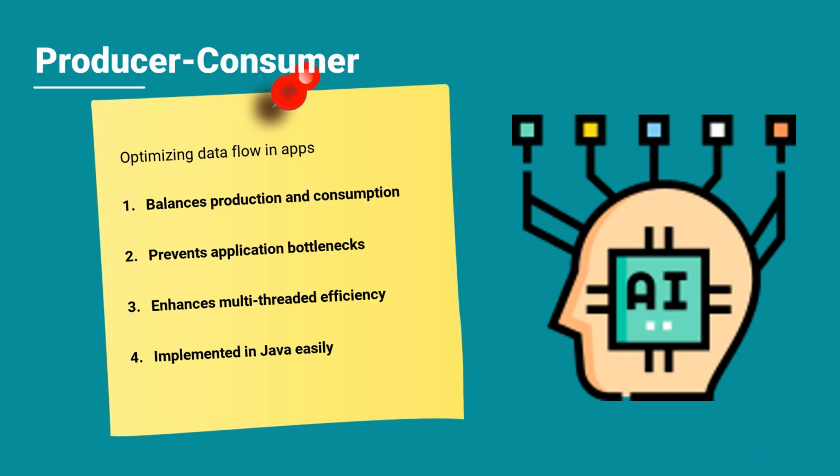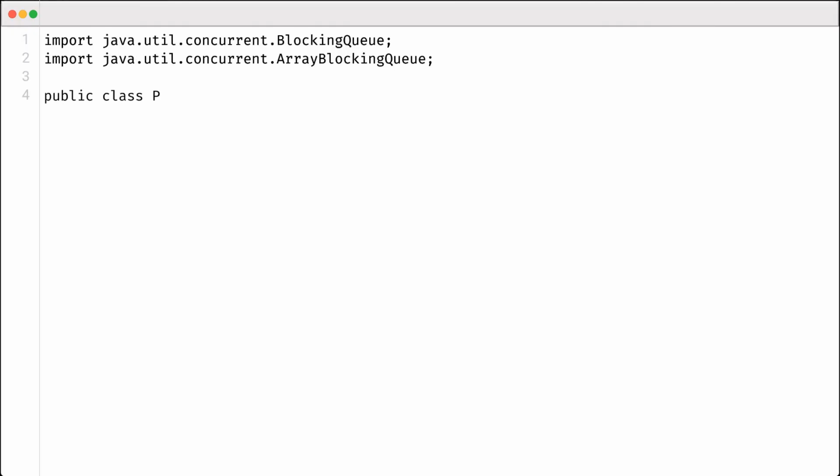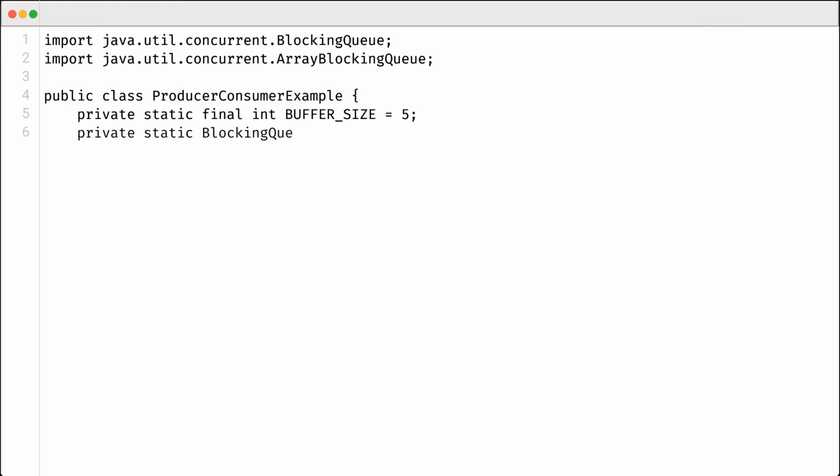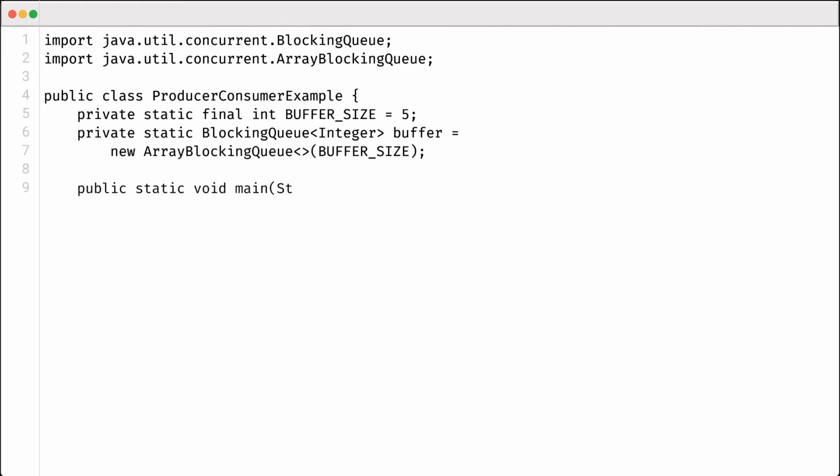Now we will talk about the producer-consumer pattern, including its implementation in Java and how it can be effectively utilized in real-world applications. Now let's implement the foundational structure for our producer-consumer example in Java. We begin by defining a blocking queue with a specified buffer size of 5, which serves as our shared buffer for produced items. This queue allows for safe interactions between producer and consumer threads as it handles necessary synchronization, ensuring